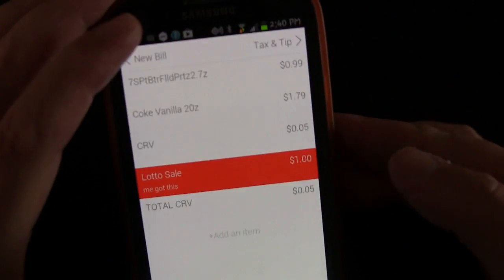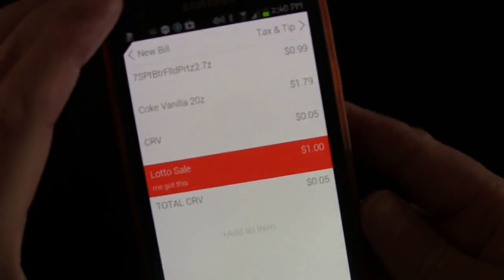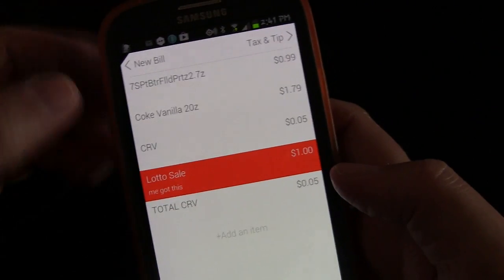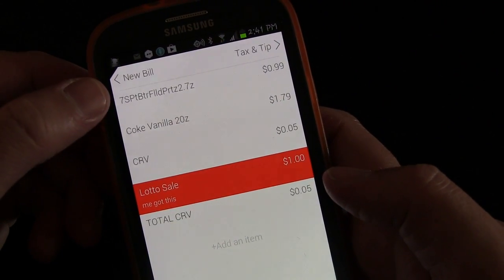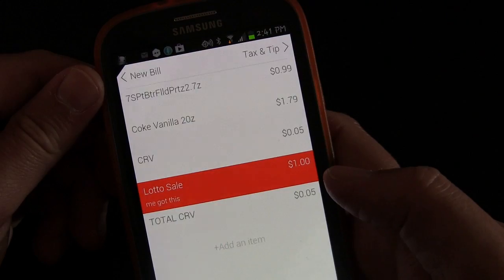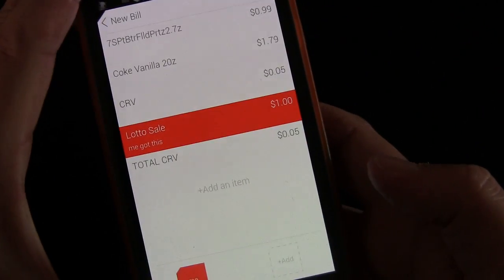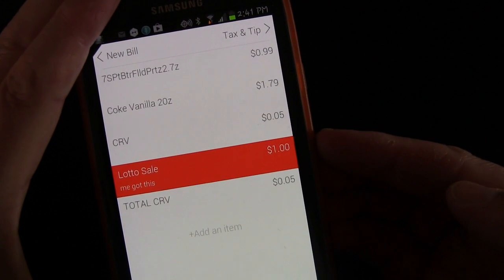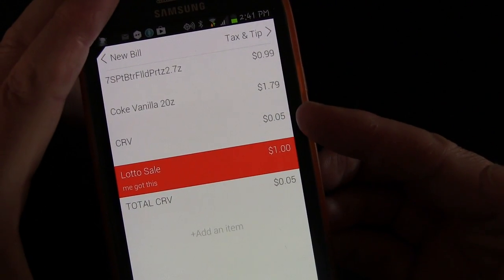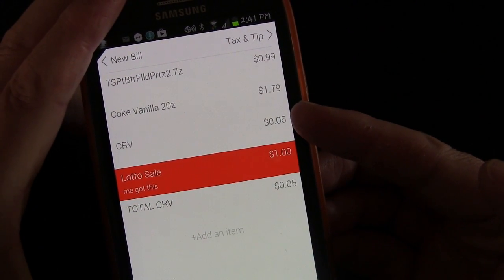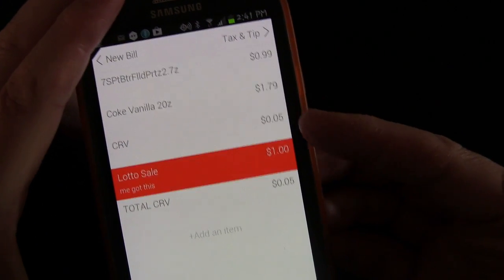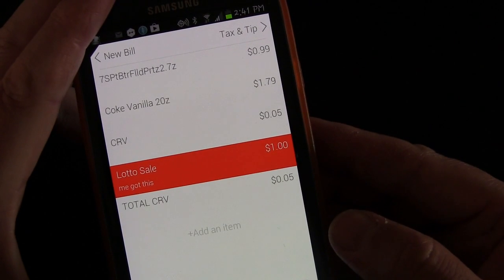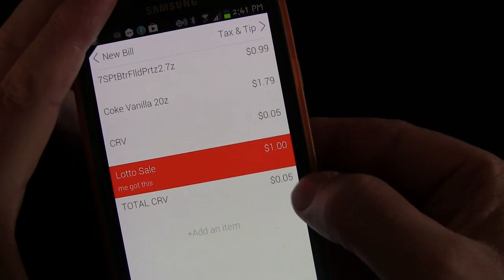And you'll see all the things that were on that receipt are here. Now there were some weird things. This was a peanut butter filled pretzel, and that's, I guess, 7-Eleven's abbreviation for that. But you can see it took every item that was listed on there and listed it. Now those receipts, because the Coke has a CRV in the state of California, that gets listed on there with the items, and then again at the bottom is total CRV. So this app didn't exactly know what to do with that, so it put it on there both times,